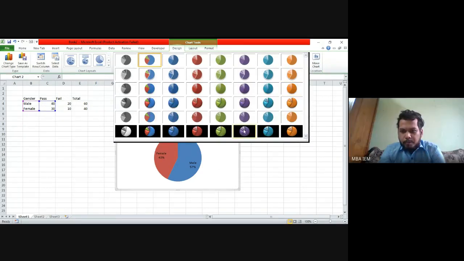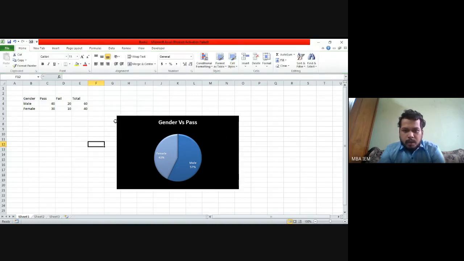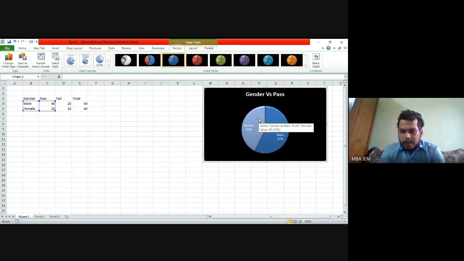You can also try to make it more visually appealing by clicking on these kinds of 3D visuals, by that you can make it look better. So this one was how many students passed, what was the gender ratio of students passing.